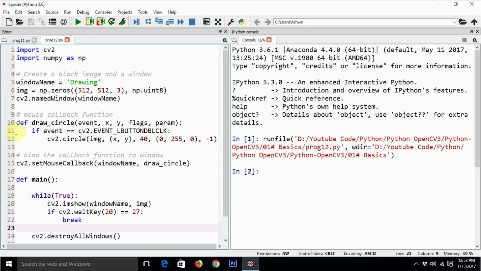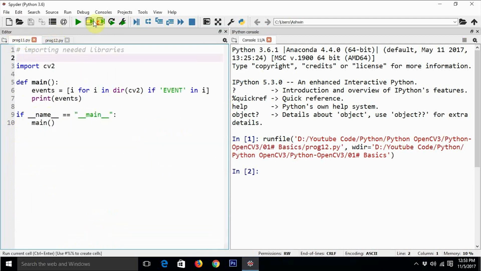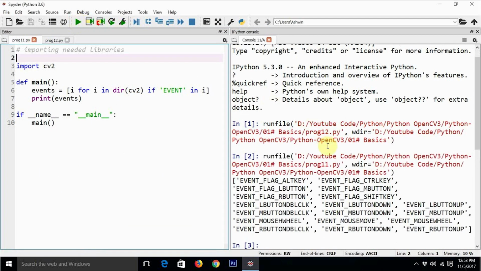Let's execute this earlier program again to see what other events there are. We can see event mouse wheel, R button up, R button down, and left button down. We are going to use this event for the programming.